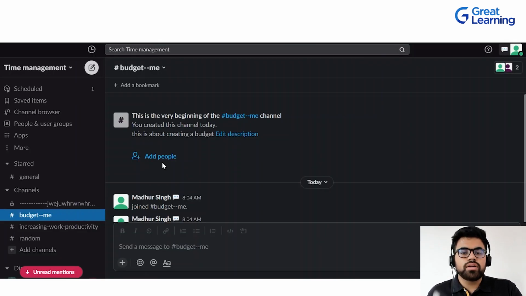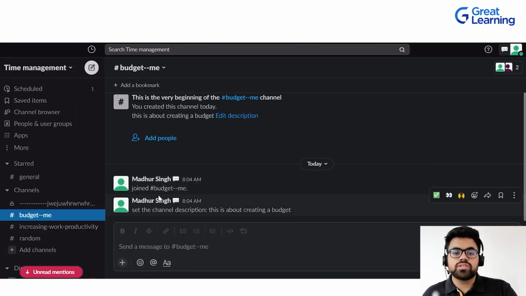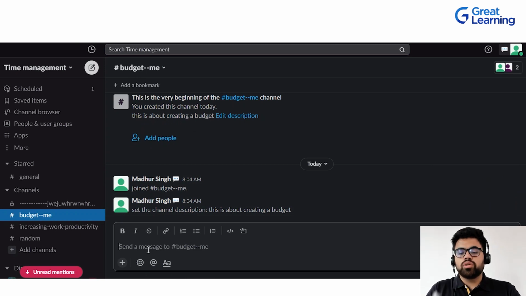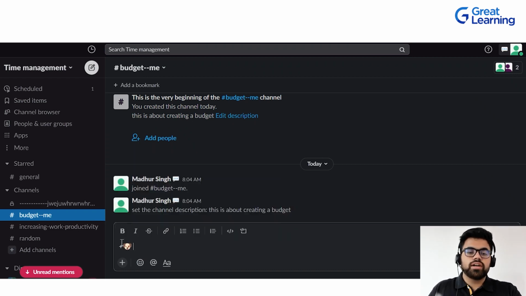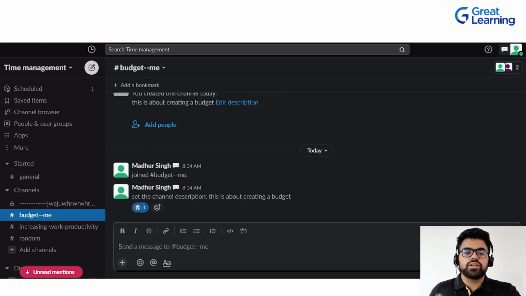One more thing that you can do while you are on Slack is that sometimes you really want to send out custom emojis. So how would you do that without searching on that particular emoji tab? Let's just say you want to send a dog's picture. So you'll type colon dog, right? So it would automatically come into picture and you can just send it out.